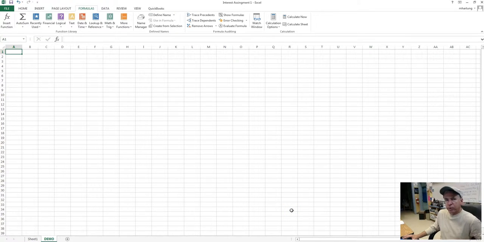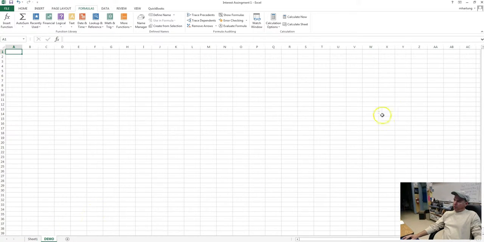In this lesson, we're going to begin some calculations that will take us into the world of banking, checking accounts, savings accounts. As far as Excel goes and the math that we need to explore banking in some detail, we need to be able to calculate simple and compound interest. And so we'll begin our exploration of banking through Excel by learning to calculate simple interest using the simple interest